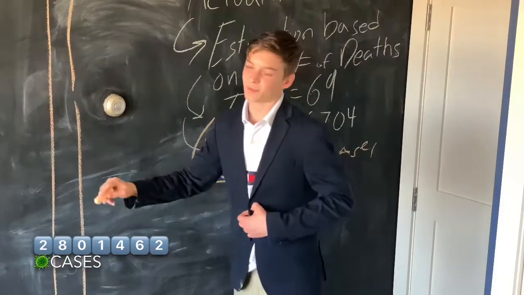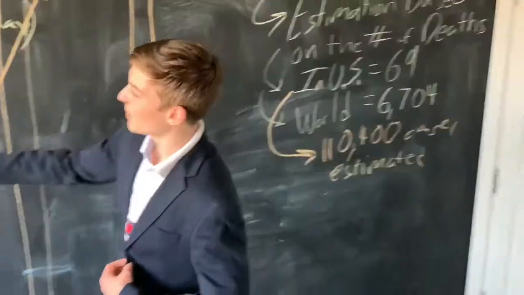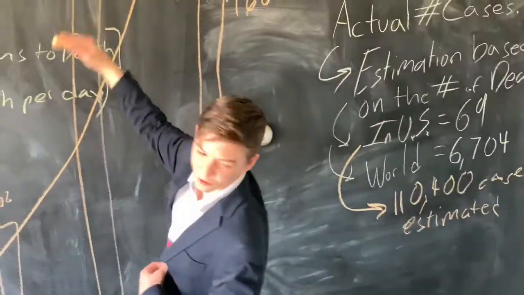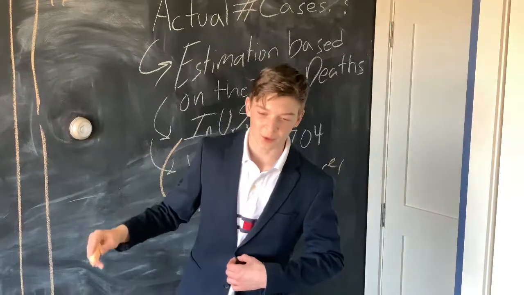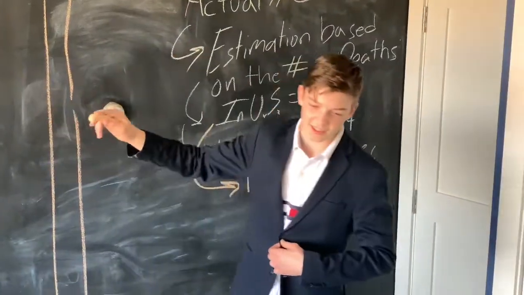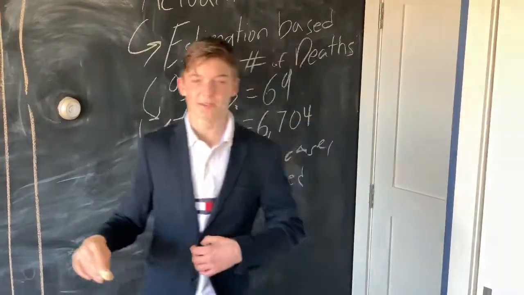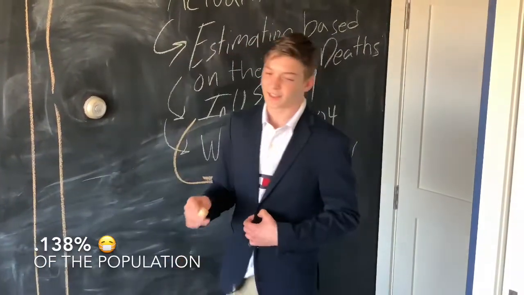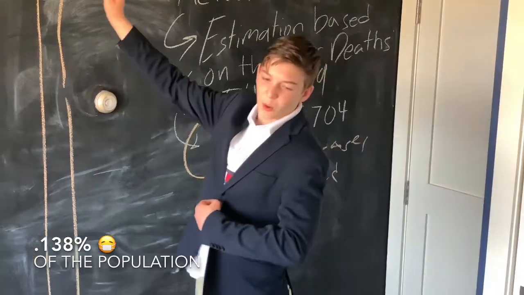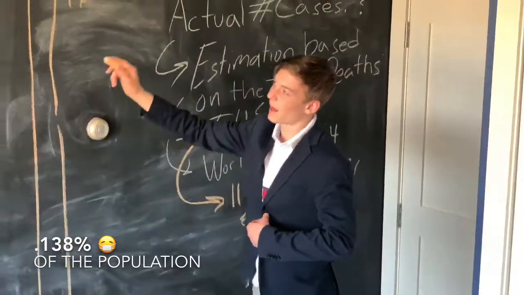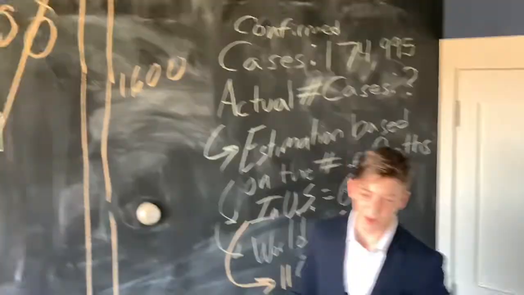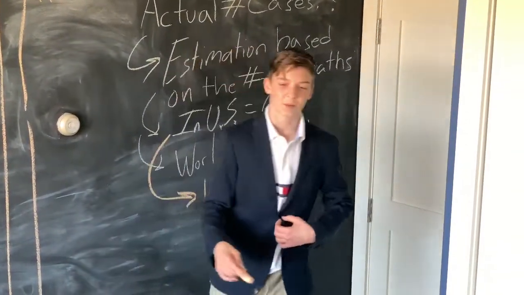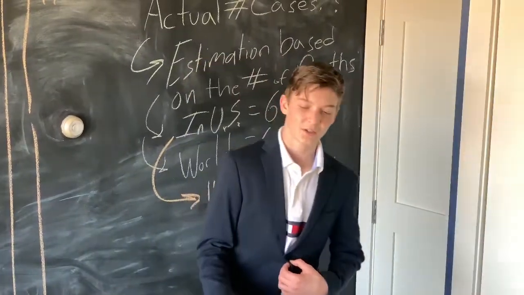This is why Ebola did not have as many cases, because it had a much higher mortality rate, which dropped the amount of people affected. Now, I don't believe that numbers will really reach numbers like this, and I believe the estimate is a little high because it's skewed by underlying conditions, elderly, but it is entirely possible. This is about 0.138% of the population, this 10 million number. But I do believe we should continue to test to be sure. However, I think that there are many more people with the virus than we know of.